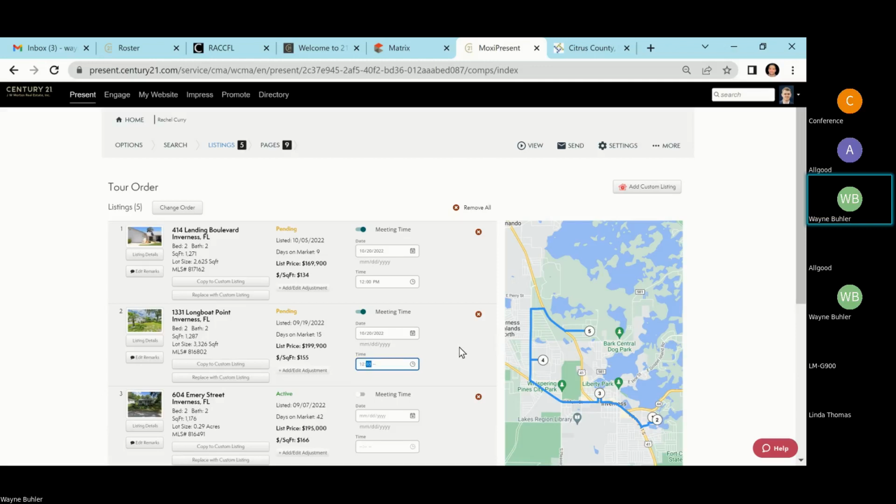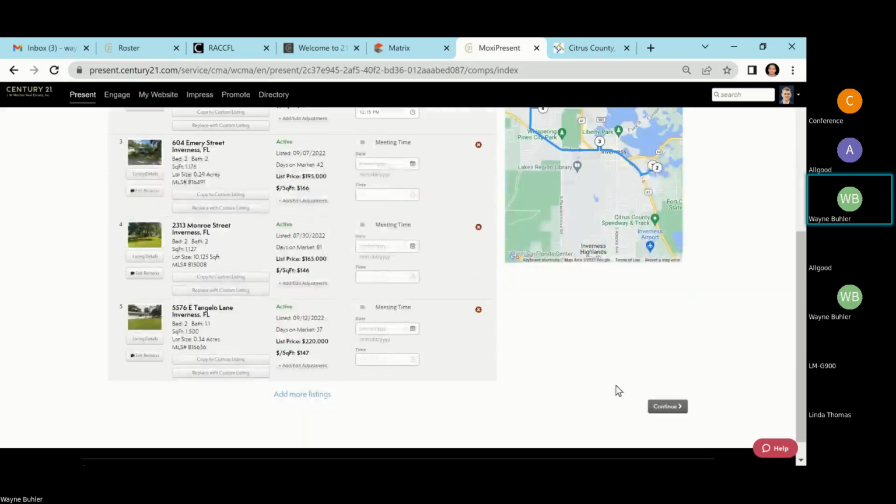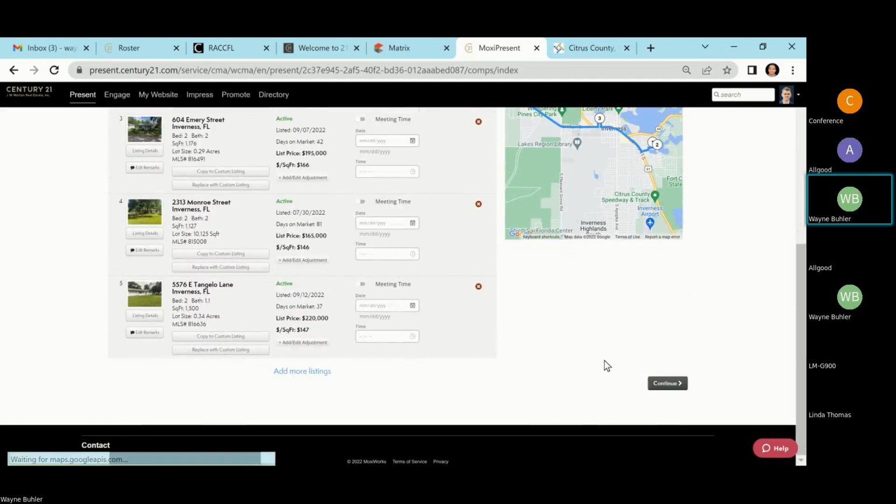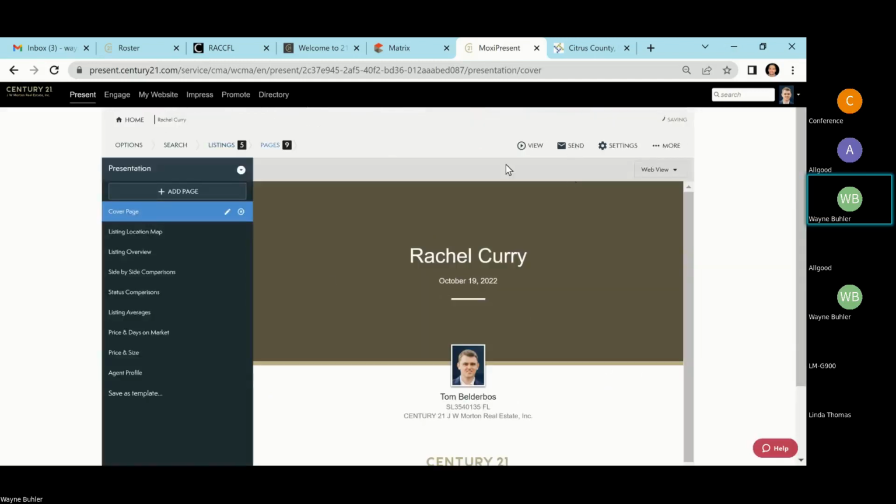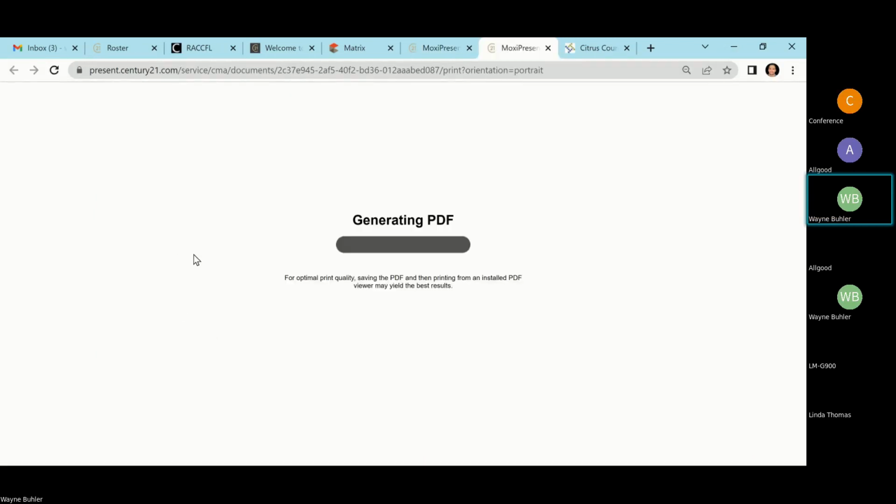We'll see this one. Actually, this one's right next door, so we can do this one at 12:15 p.m. I'll just rush you through the house, and then you can just go through. And so now again, we have a presentation. I can view print it as a PDF. You can add or remove pages as you like. And the first time I'm going to go through here, I'm showing you why I haven't changed anything, is because now if I'm showing this PDF, once it loads,